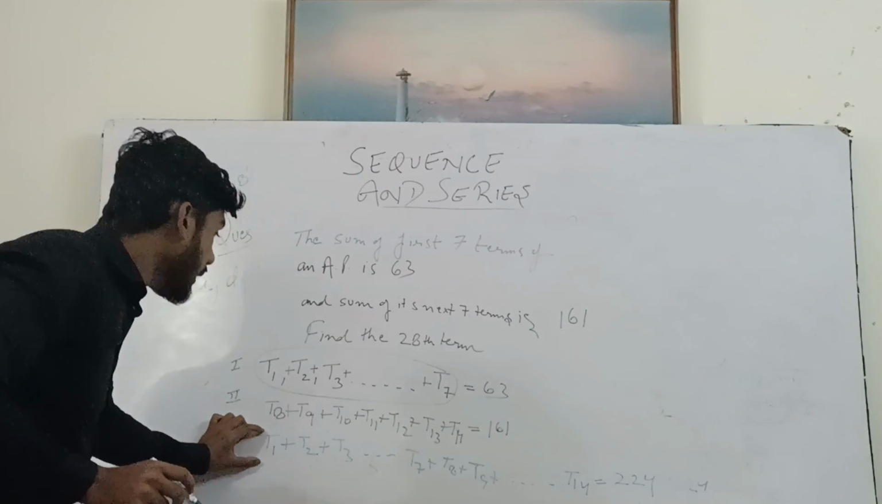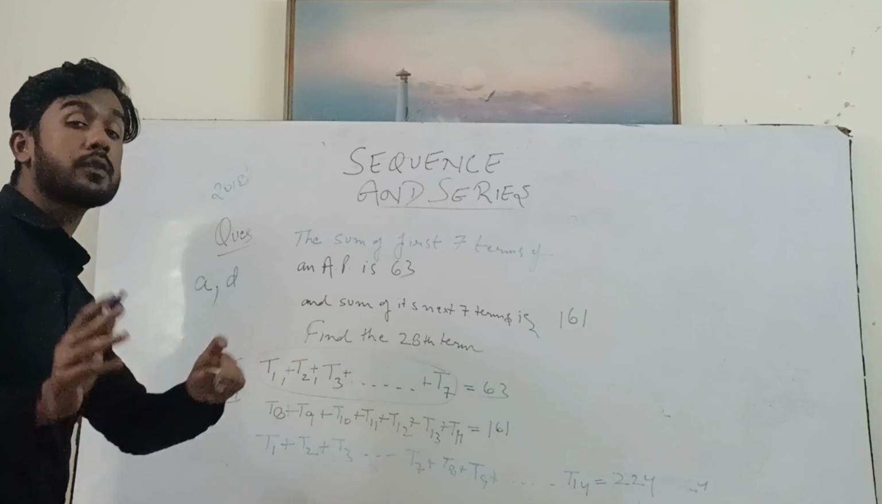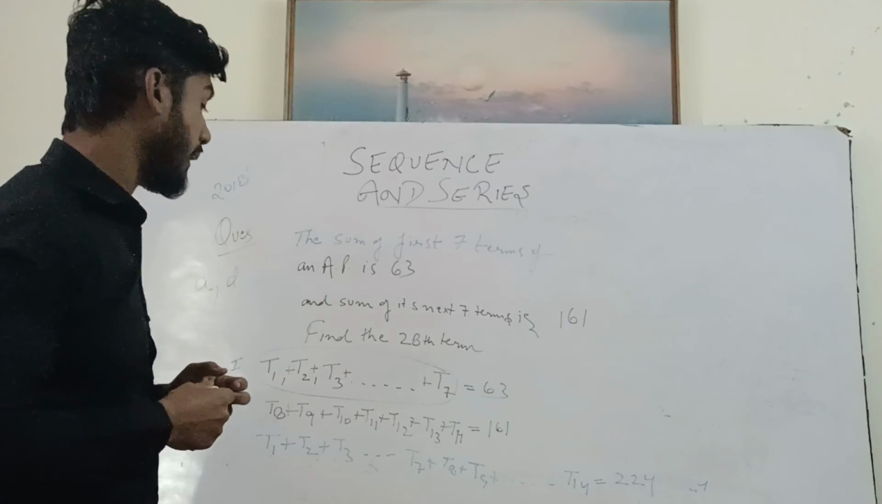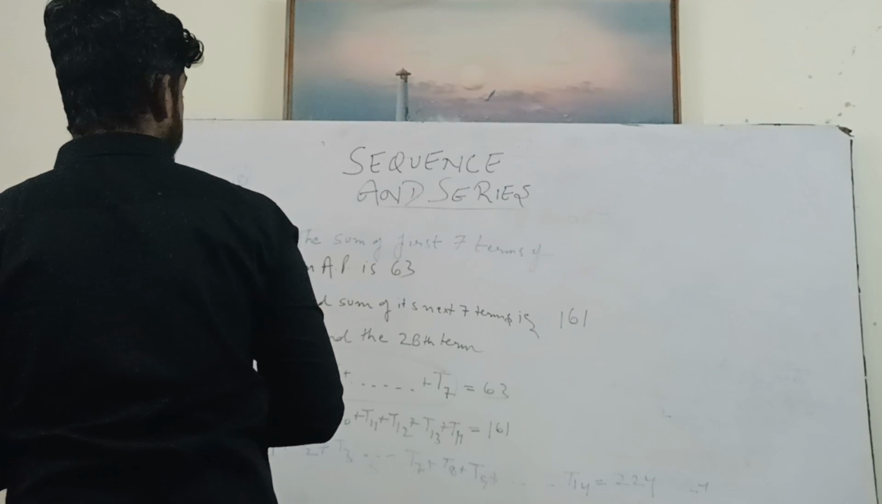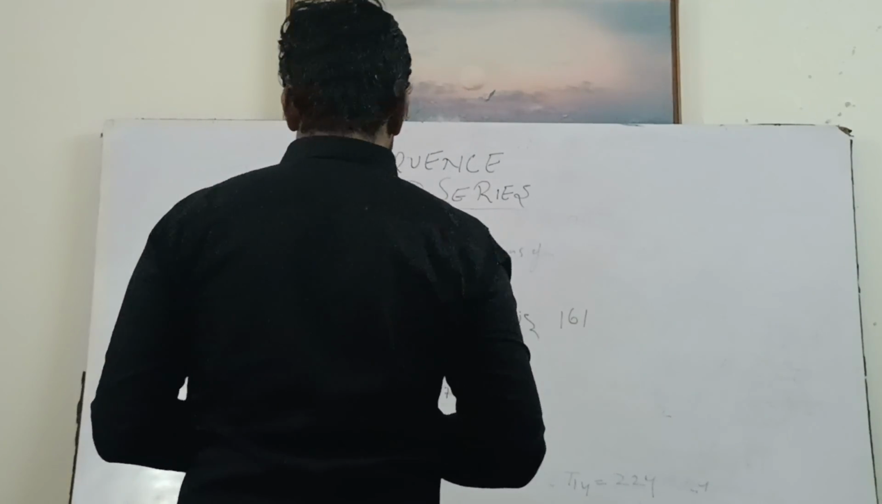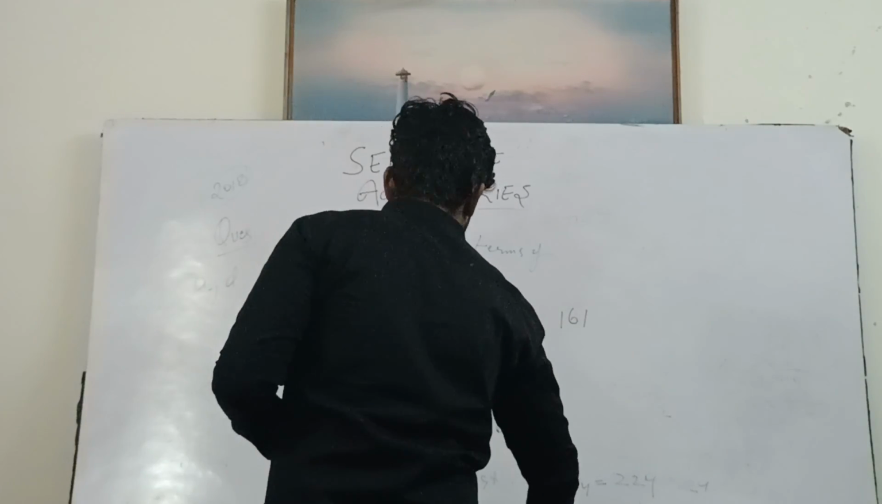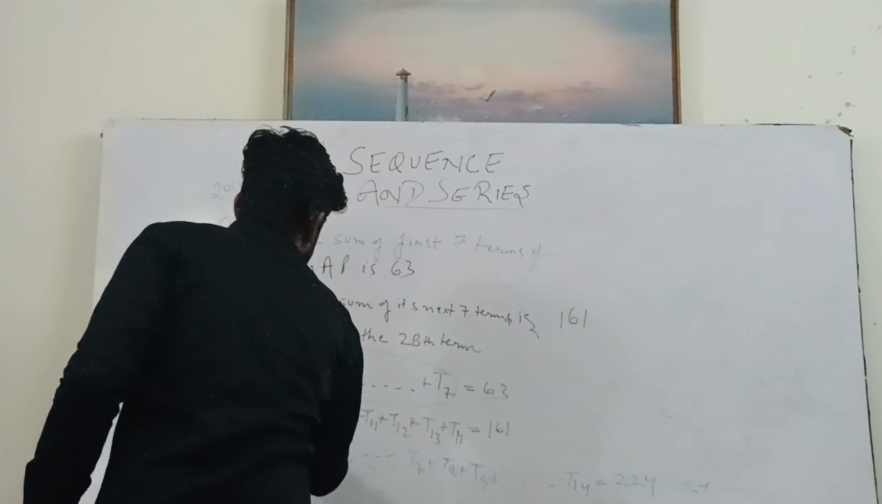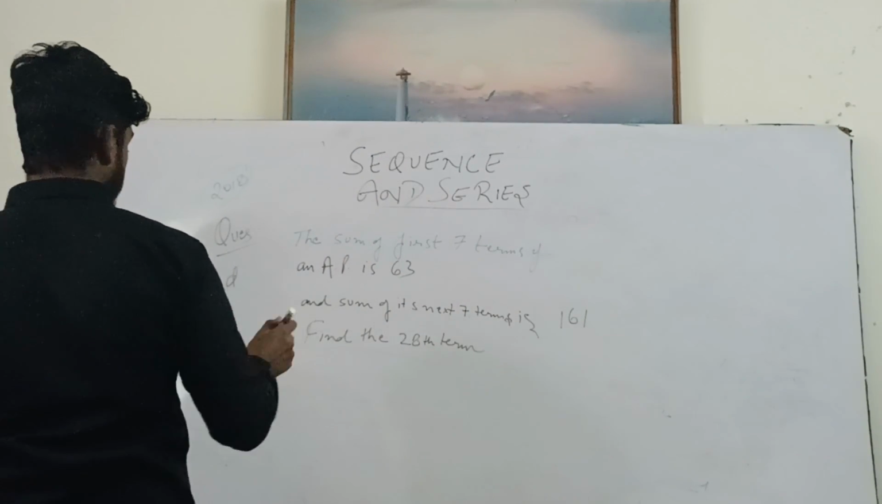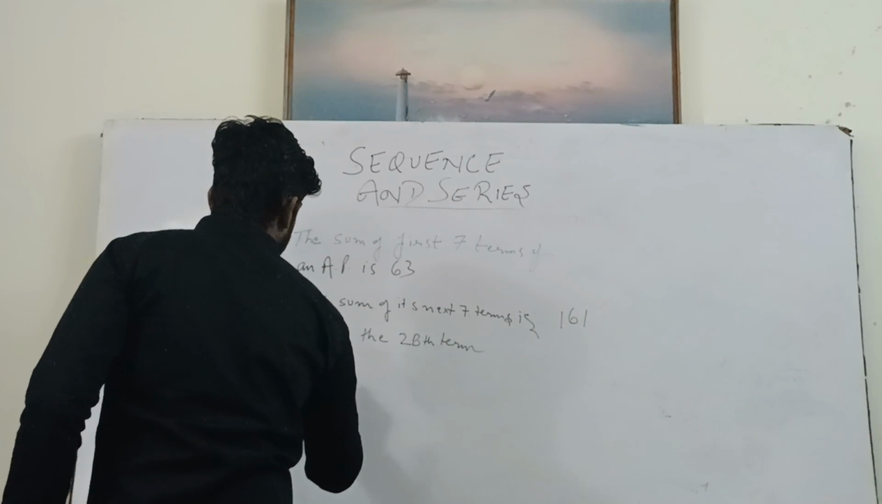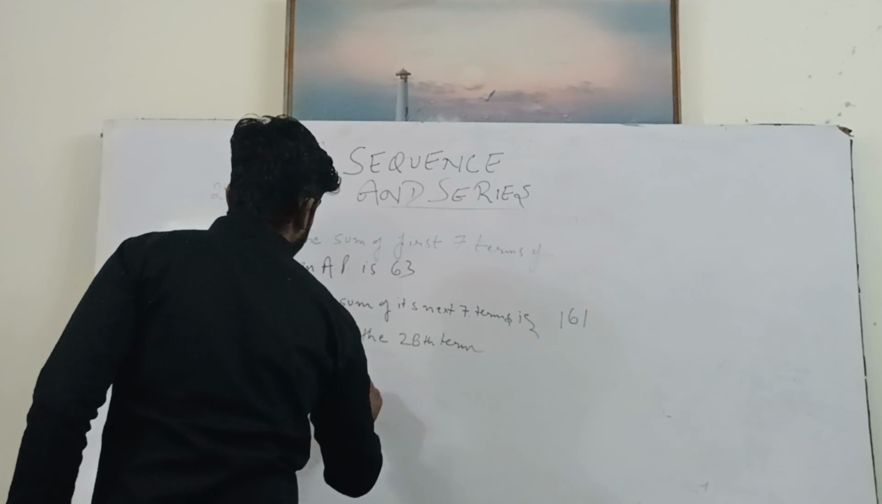So what is this written in blue here? Sum of first 14 terms of an AP is 224. Sum of first 7 terms is 63. Which formula applies? Sum of first 7 terms, how do I write it down? Sn is equal to n by 2